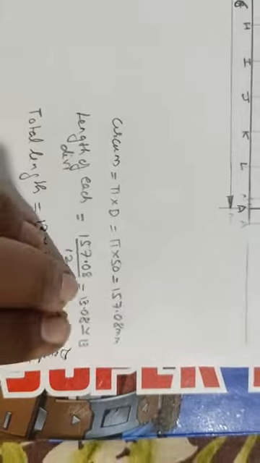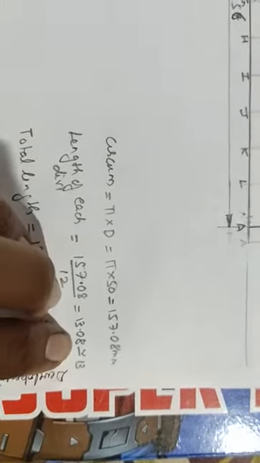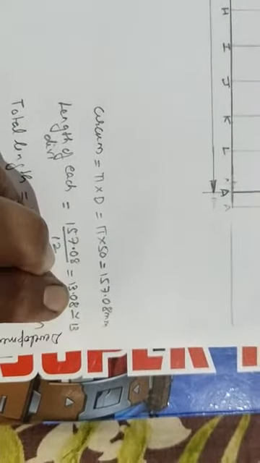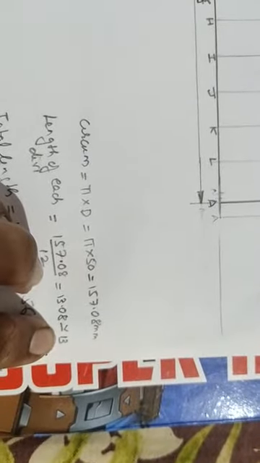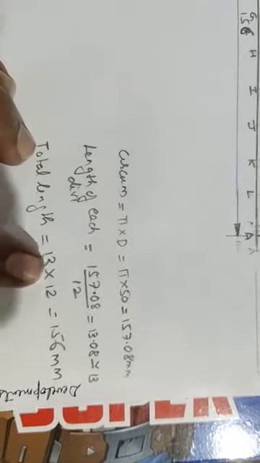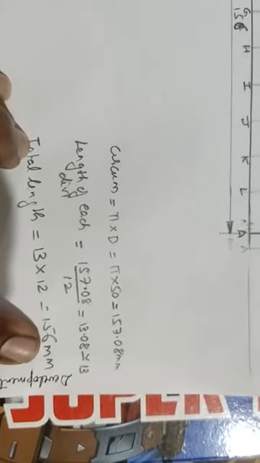157.0 divided by 12, I get 13.08. Manually you cannot measure to this accuracy, so I'll round it off to 13 mm. So the total length, 13 into 12, is 156 mm. So just see,